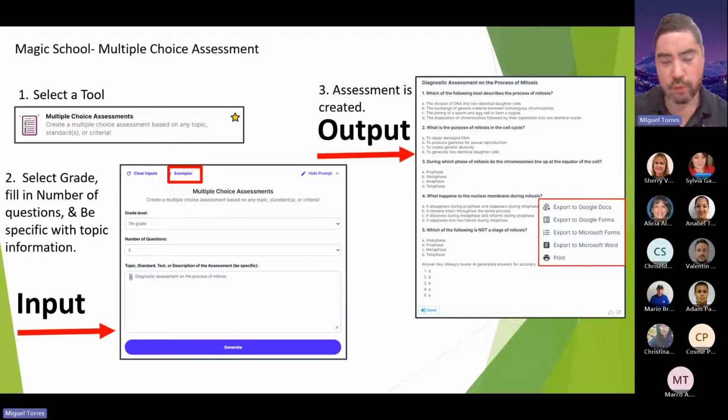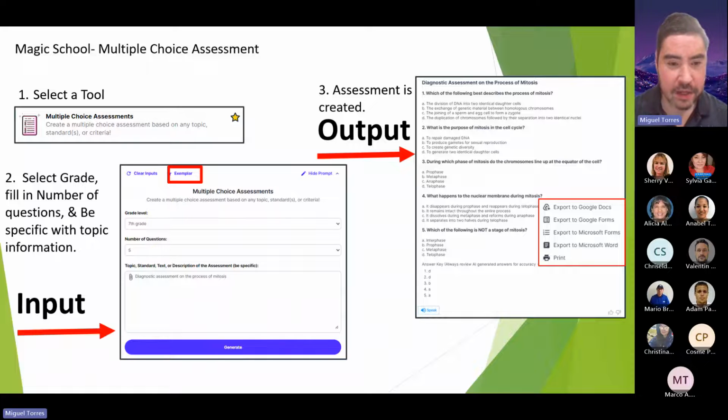But just these questions, you can actually create these questions, and you can put in the depth of knowledge that you want. So if you want DOK 1, you can type, at the bottom right here on number 2 where it says, we're going to use an exemplar, meaning it's just an example. Where it says diagnostic assessment of the process of mitosis, you can delete that and put whatever you want. I'm going to use more social studies terms. I'm going to say, what was the outcome, the causes and effects of World War II? You can put that in and it'll create questions. Now, if you look where number 2 is, you can change it by grade level on the drop-down menu.